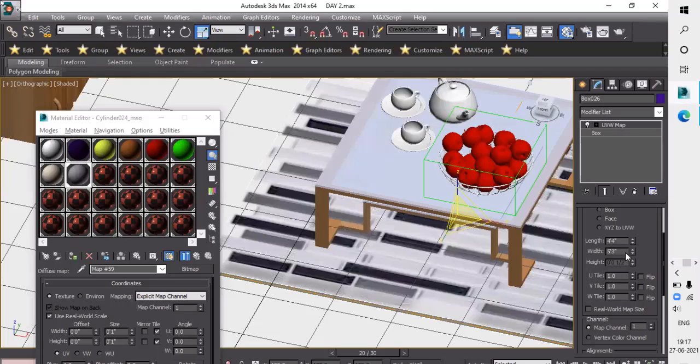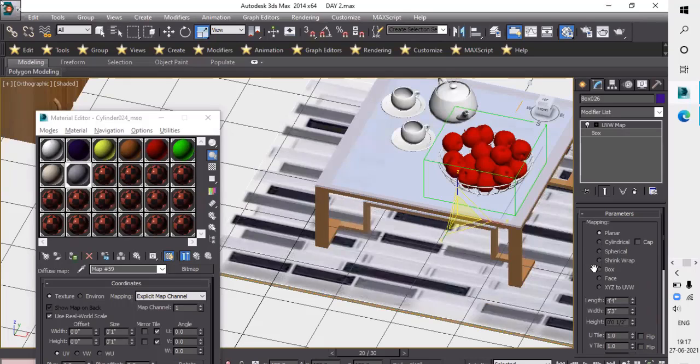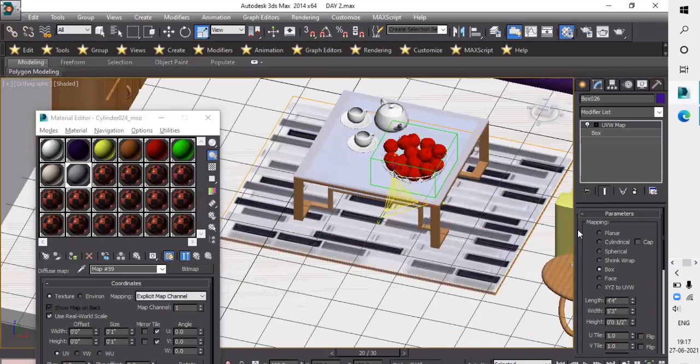Okay, if you are seeing there, this is the box. That's why I am getting a box here. If you get plane, which will give in the floor, so we will get for the tiles plane. But here is the box which I can use as a carpet. So that's why I will check the box here.